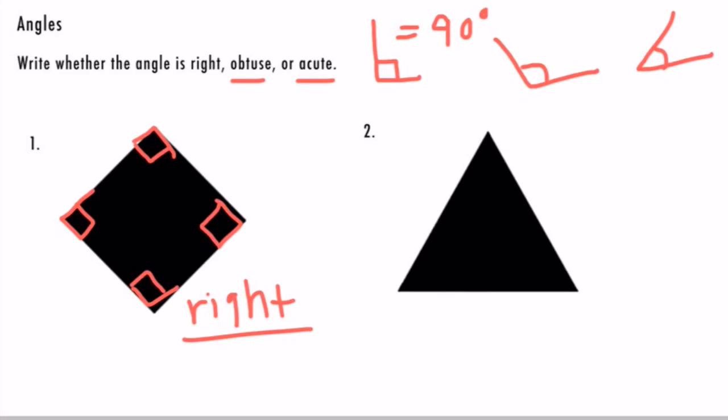Number 2, they give us an equilateral triangle, and they want us to know what type of angle it has. Well, each triangle equals 180 degrees. And it has 3 angles right here. 180 divided by 3 is actually 60 degrees. So each angle in this triangle is actually 60 degrees, which is less than 90 degrees. So our angles here are acute because they're less than 90 degrees and smaller than our L,